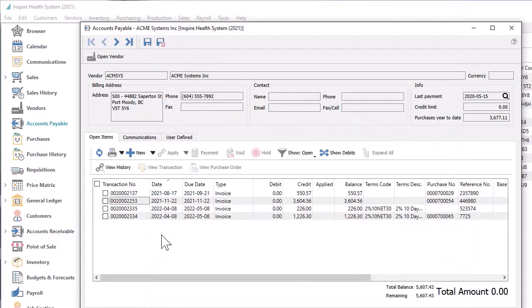The other common transactions are payments on invoices. These are very easy to create. Just click the checkbox next to each invoice being paid, then click the Payment button to start the entry. If you wanted to investigate details about invoices that came from purchase orders, you can view the invoice and load